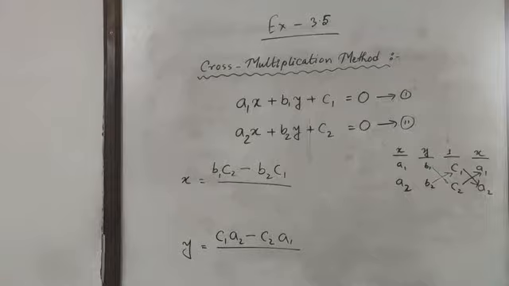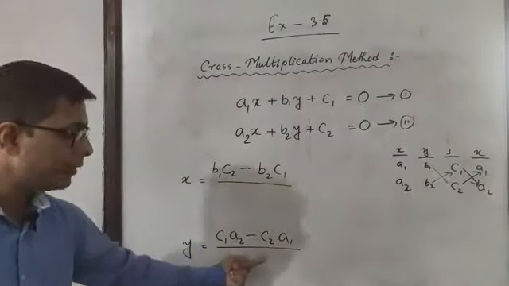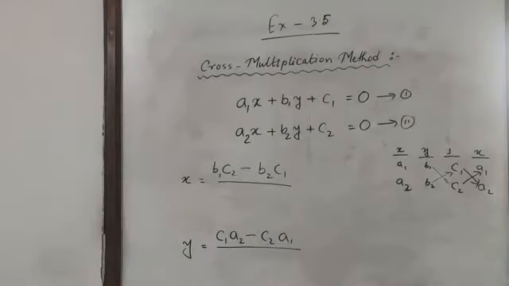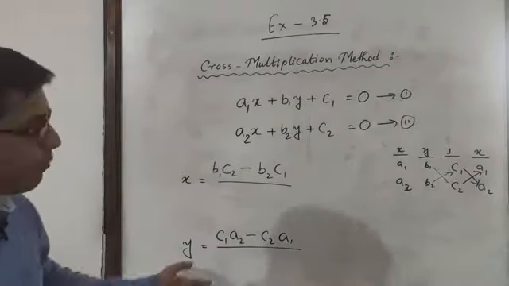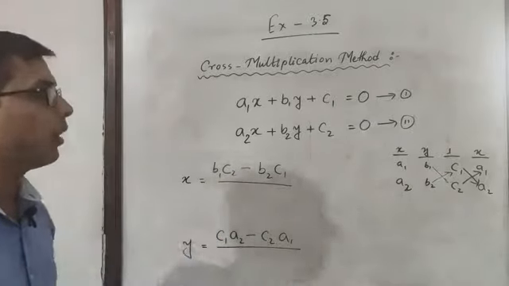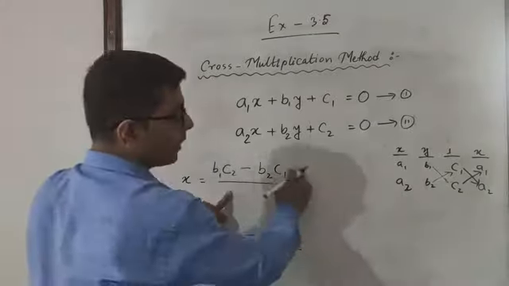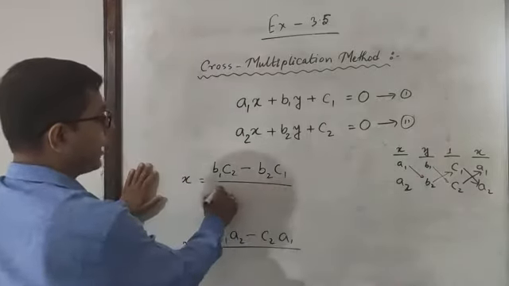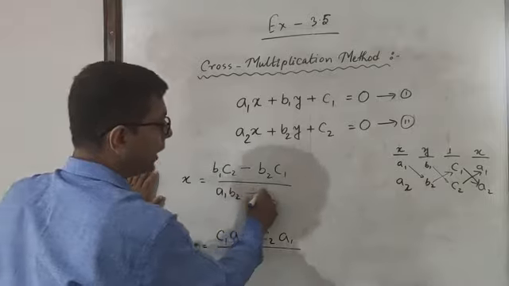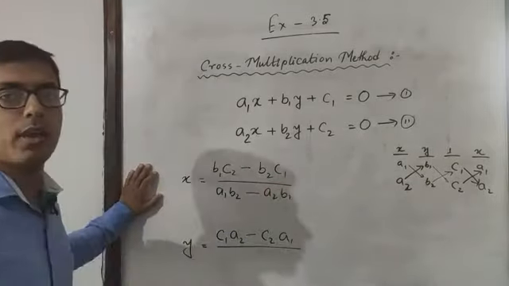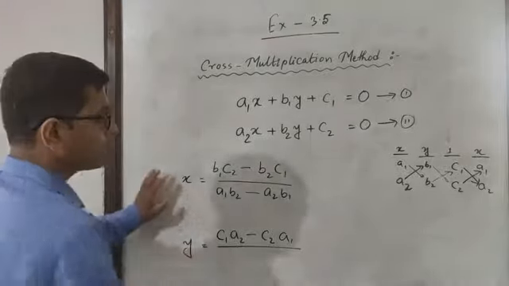After that, in the denominator part of these, what will you write and how will you write? This will remain the same for both the cases. That's why I'm going to write it together. What will you write? In the denominator part, now you have seen a1 b2 is not multiplied, so you multiply a1 b2 minus a2b1. Clear? Here also the same.